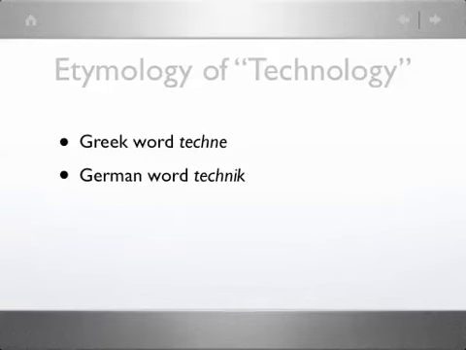And the Greek word techne, ancient Greek word, techne, meant skill in the arts. So if somebody had techne, they had some skill or were exhibiting some skill in usually what was called the useful arts or the mechanical arts. And technique, the German word technique, referred to the system of different things that were used in the mechanical arts, the procedures, the different types of tools and apparatuses that were used, and all of these sorts of things.